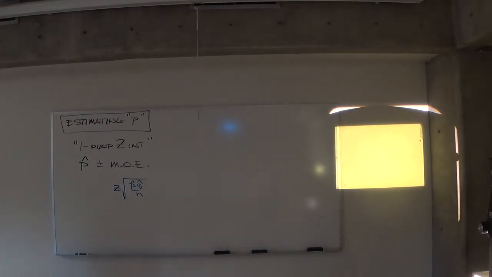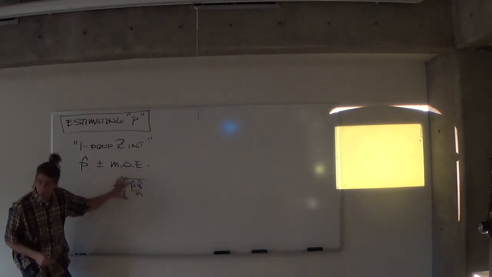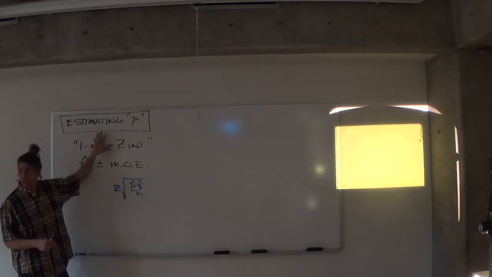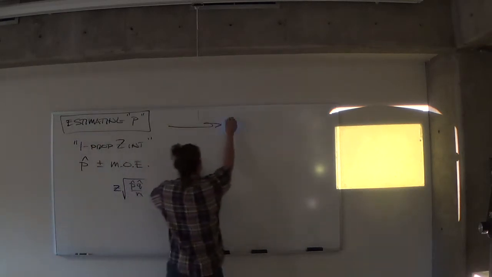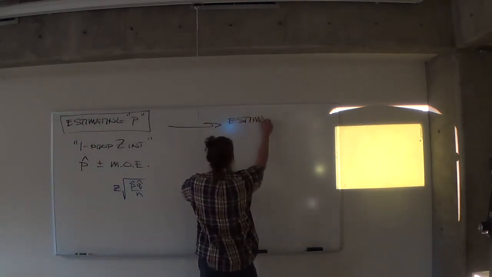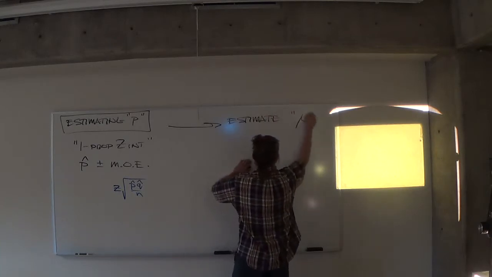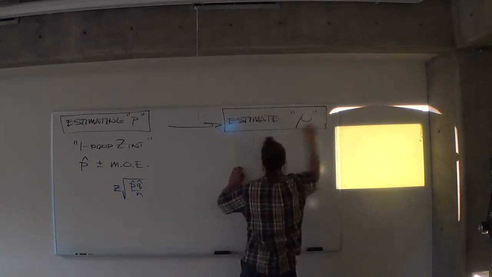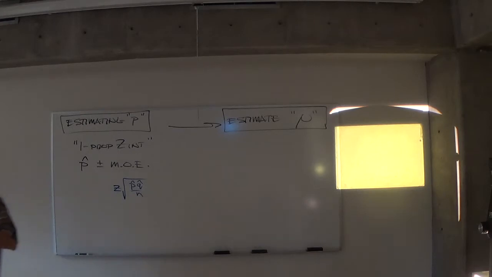So the trick is, we can't use this margin of error because this is tied to percentages. We need a way to estimate an average, which we call mu. And you have to say it that way in this class, I'm sorry. It's not just mu anymore. No, we have to, mu is out there. The average weight of a Del Taco half-pound beef and cheese burrito is out there somewhere. Our job is to figure out what it is within confidence limits.